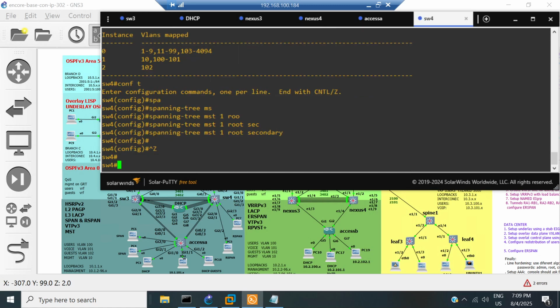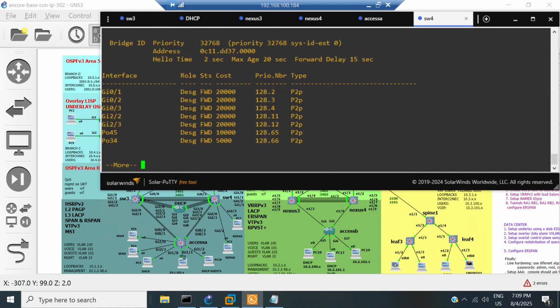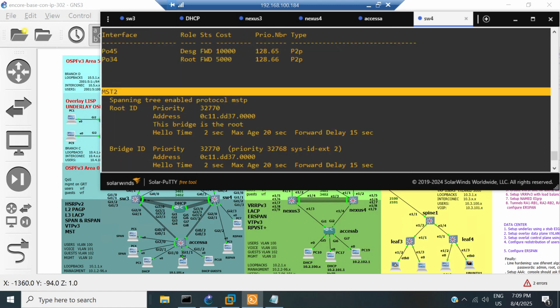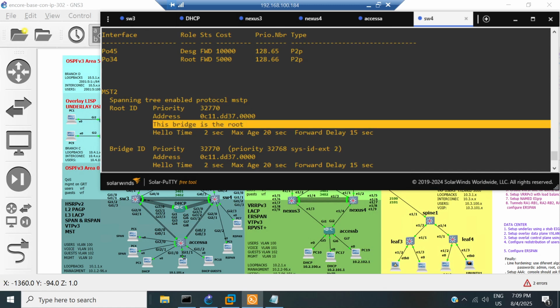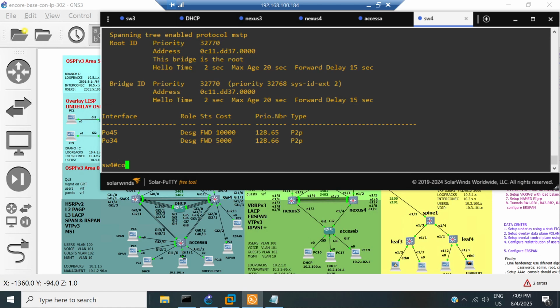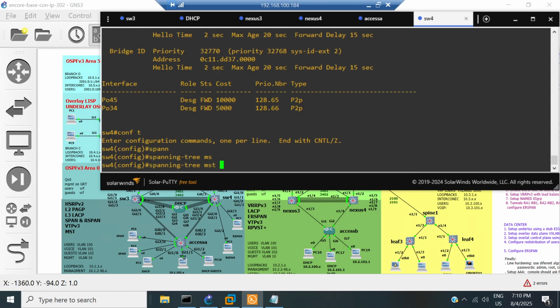Let's see here. For region number 2, I want switch 4 to be the root bridge. Probably it is now. For region 2, I have not configured anything yet, but this is the root bridge just by luck. But I don't want luck to run this network, so I have to configure that manually to be sure that this will always be my root primary for instance 2. So spanning tree MST region 2, this will be the root